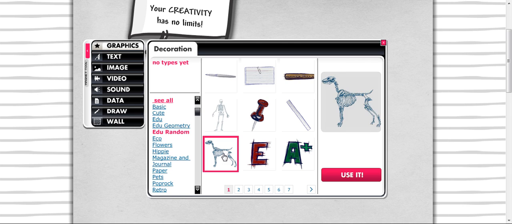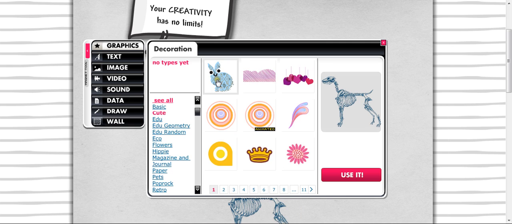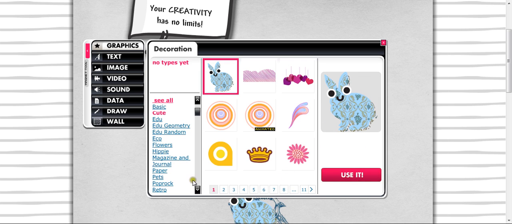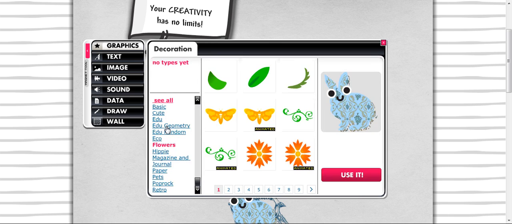So let's just hypothetically say we want this dog skeleton. Boop, there it goes. And now we'll also grab a rabbit, use that, and let's get one more. Grab a flower. Now some of these are animated, so we'll just take this for now